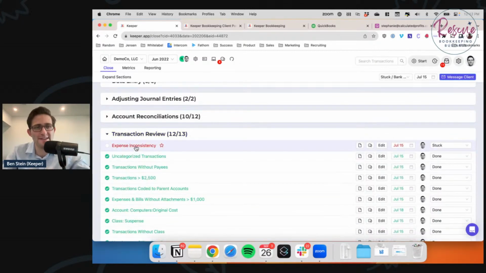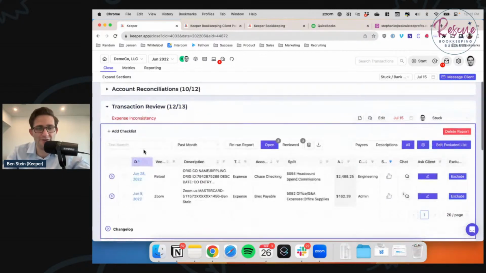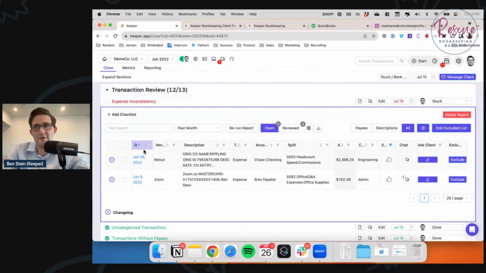And to start, let's look at the expense inconsistency report in the transaction review. Okay, so this report is looking at all of your transactions in your client's file over the last month, and it's cross-referencing those against similar historical transactions in prior periods. Basically, the way that this works is it looks at the vendor, it looks at the statement descriptor, it looks at the expense account, and then it sees any similar transactions in prior periods,